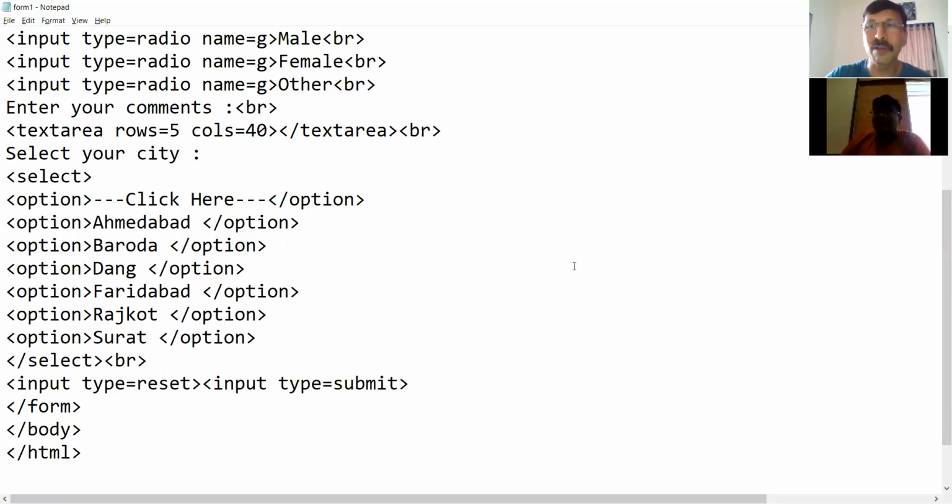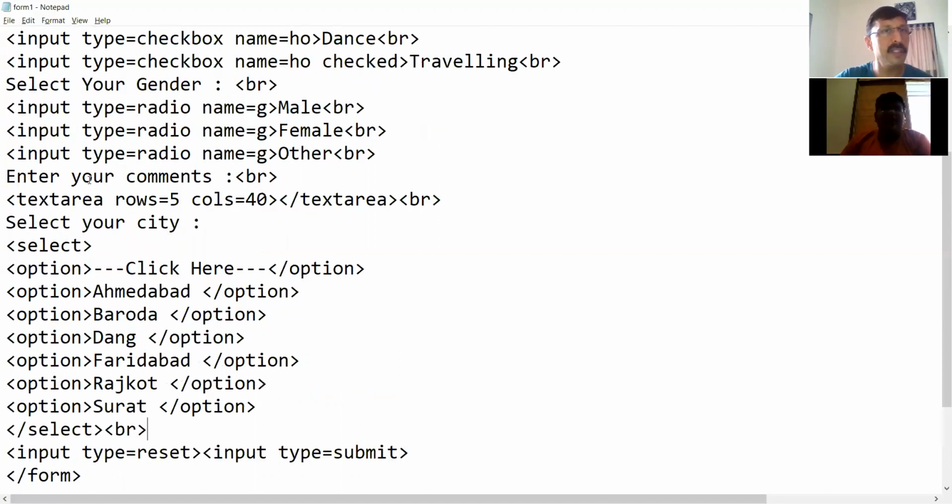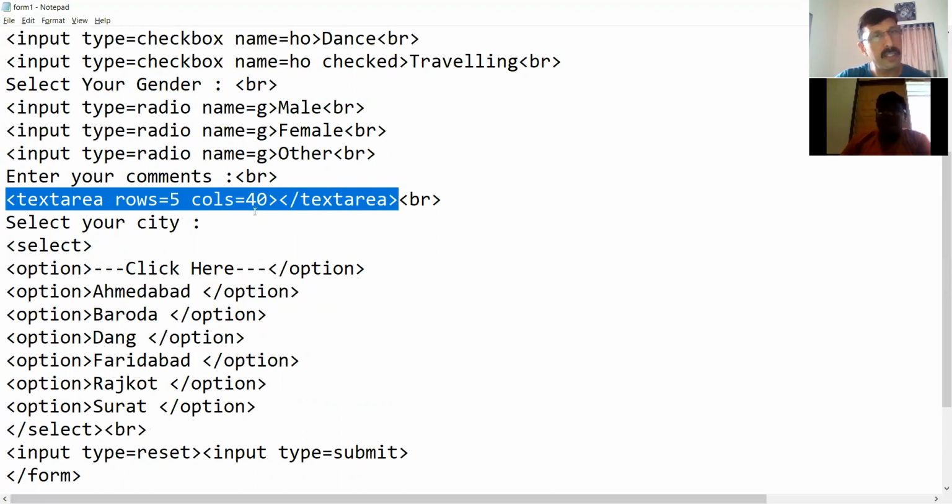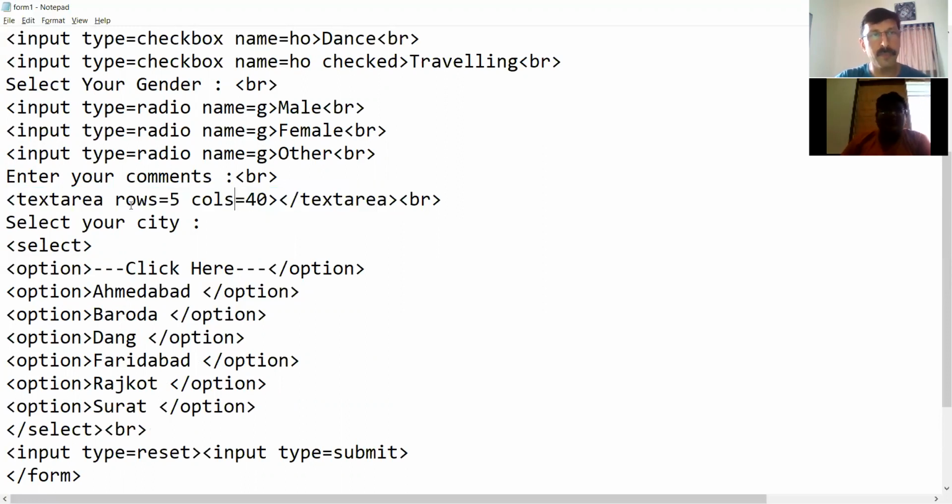Over to you, Rohan, now. Any doubt or anything you want to ask? Sir, the textarea had rows equals to 5. Yes, yes. And next to that is cols, is it columns? Yeah, that indicates the number of columns. Rows indicates how many rows you want to keep visible on screen. And cols says how many vertical columns you want to keep visible on screen.